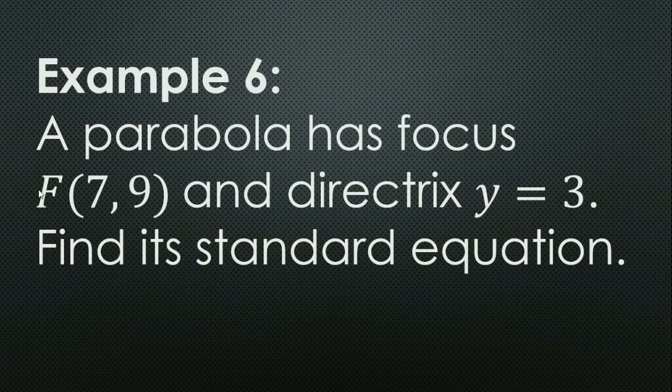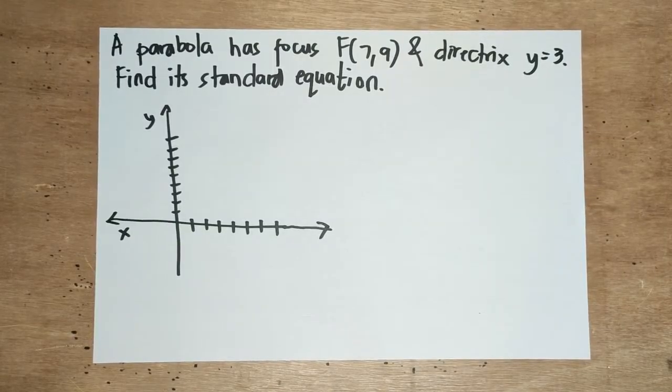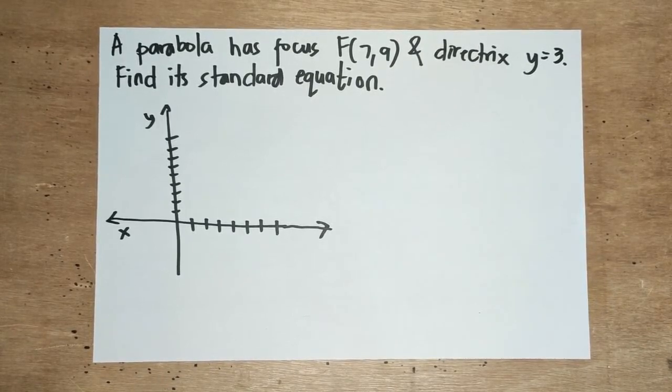The last example, a parabola has focus at point 7 and 9 and directrix at line y is equal to 3. Find its standard equation. For the solution, watch this video. In this example, a parabola has focus at point 7, 9 and directrix at y is equal to 3. Find its standard equation. So, if we try to plot the given information sa ating Cartesian plane,